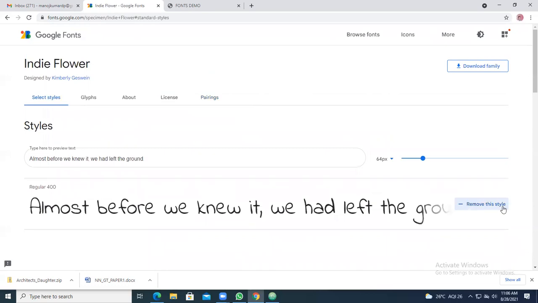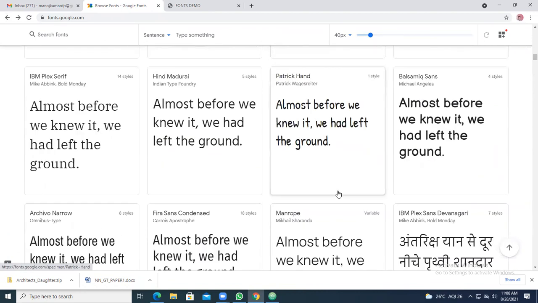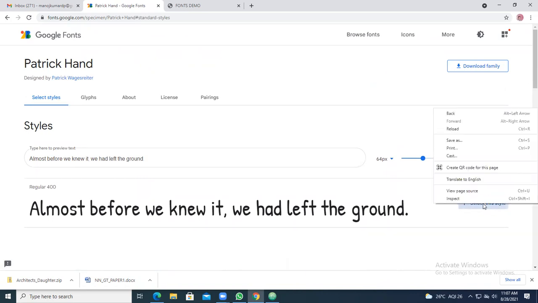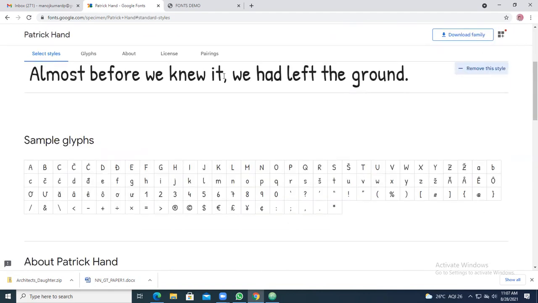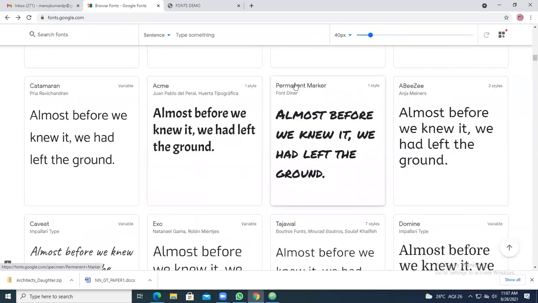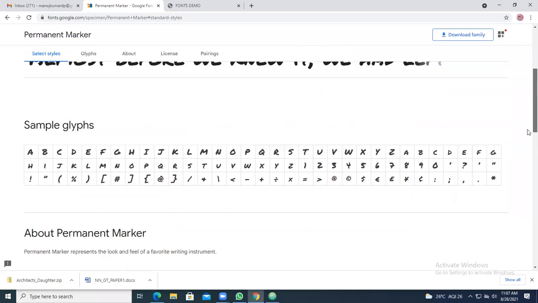So if you get that link, you can take it there. That means you have to select this particular style here.